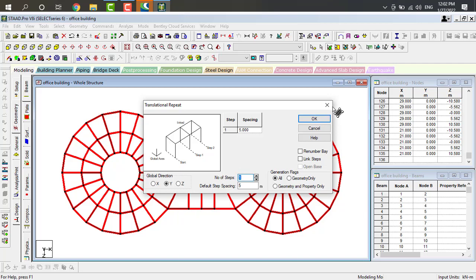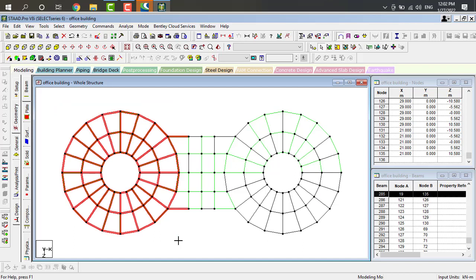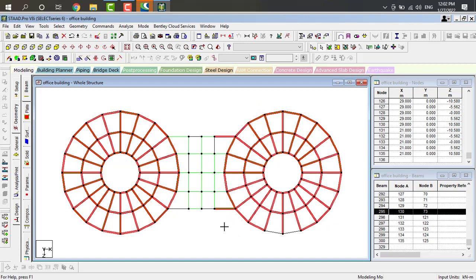First of all, here just take the beams cursor and select this circle with control. It will be taken, and again press control and select this circle only like this and break this like this.